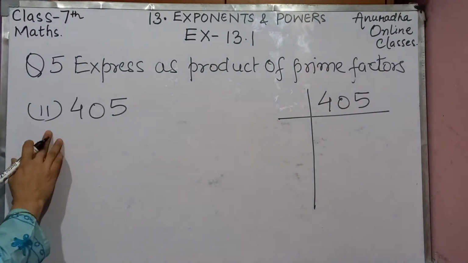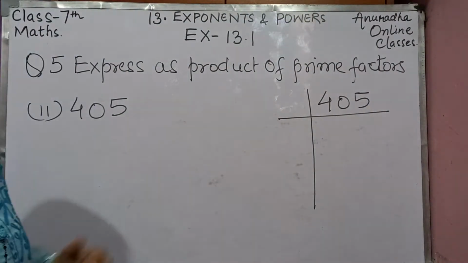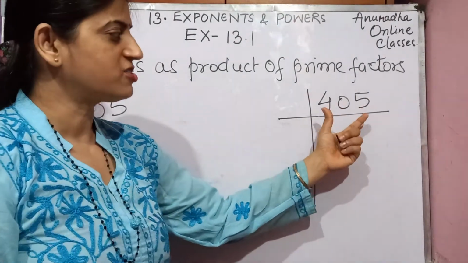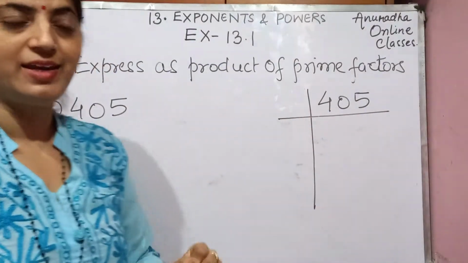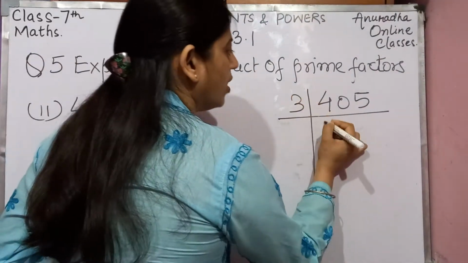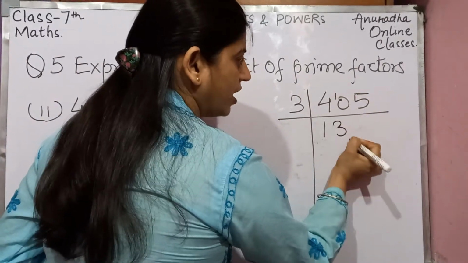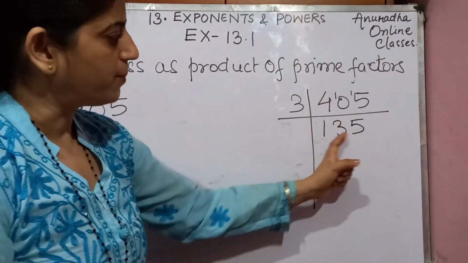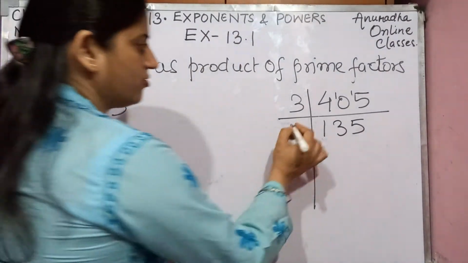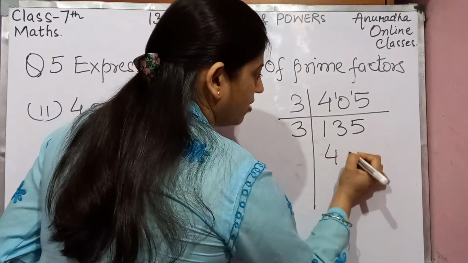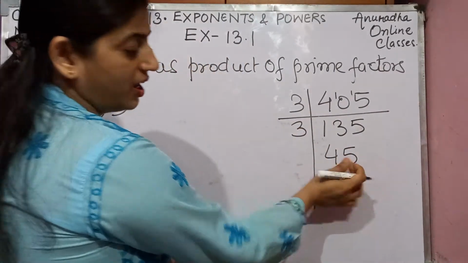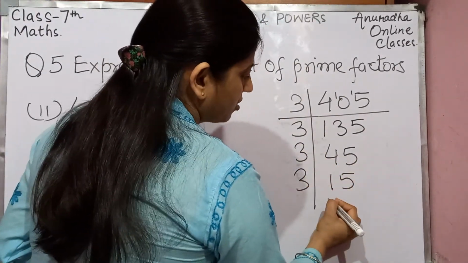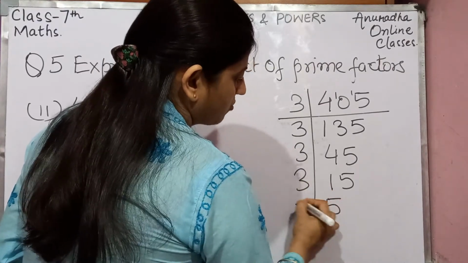Look here children, here is your second part, that is 405. 405 has 5 at unit place, so it will not go with 2. After that is 3, so 5 plus 4 is 9. Yes, it will go with 3. So 3 1s are 3, how much is left? 3 3s are 9. Again 1 is left, 15 it became, 3 5s are 15. Now see again, 5 plus 1 is 6, 6 plus 3 is 9. Again it will go with 3. 3 4s are 12 and 3 5s are 15. Then again see 9. That means 3 1s are 3, 3 5s are 15. Again it will go with 3. 3 5s are 15. Now it will go with 5.